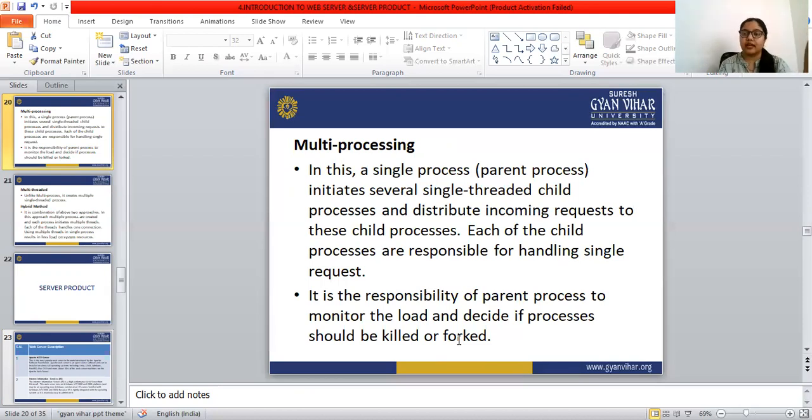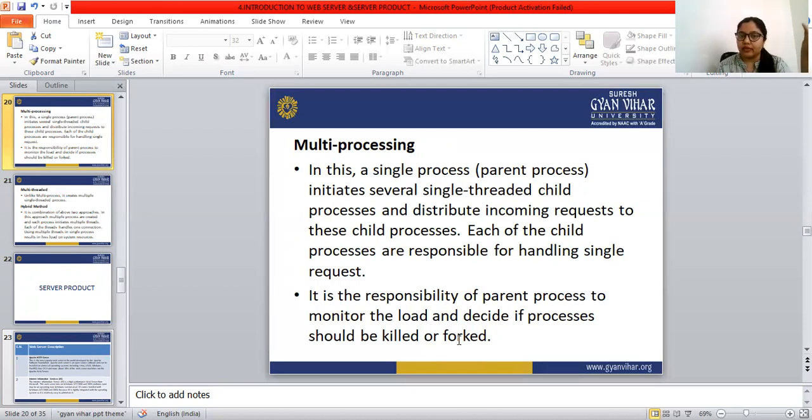That is decided by the parent process, not by the child process.